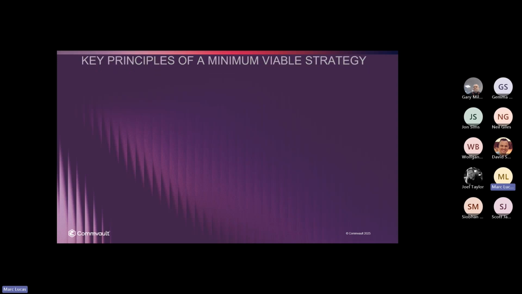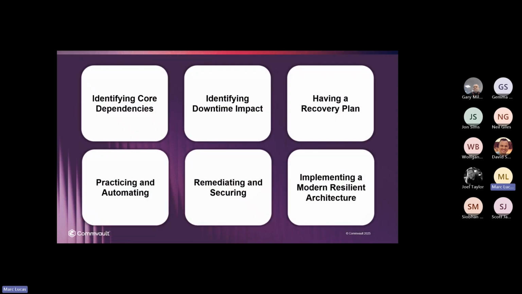We're going to go into very briefly what the key principles are. And we've touched on some of these already, but I mentioned before about what the core processes are. This will help them define what the absolute foundation is regarding being that minimum viability. What do we need to think about? And again, as I mentioned before, it's systems, data, but also people and processes as well to make sure they can have that recovery. What is that downtime impact?